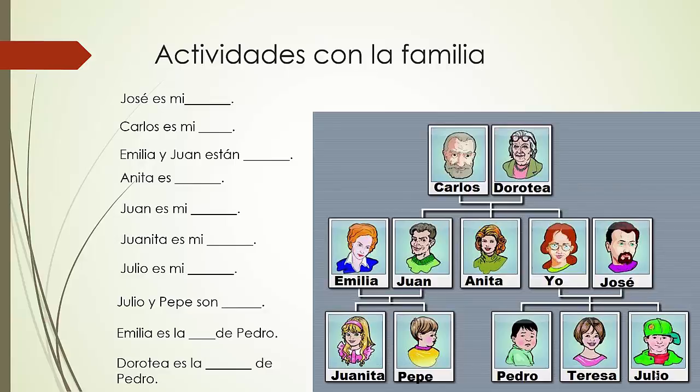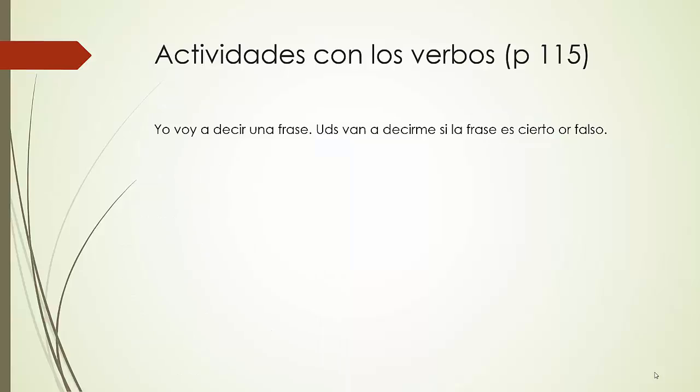Seems like a weird use for something that's supposed to be long-term and permanent, not short-term, but they do. So if you want to say somebody is married, you would say está casada. So, Emilia y Juan están casados. So that's what you're looking for number 3. That's your hint. And I'm giving it to you because it's going to be on the test, so you better remember it.